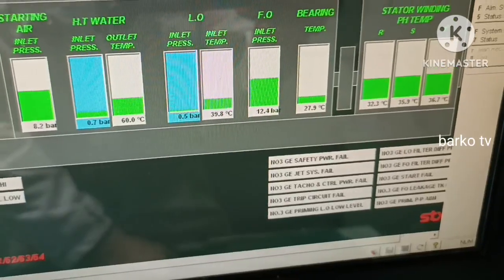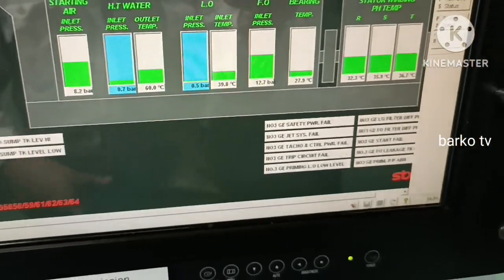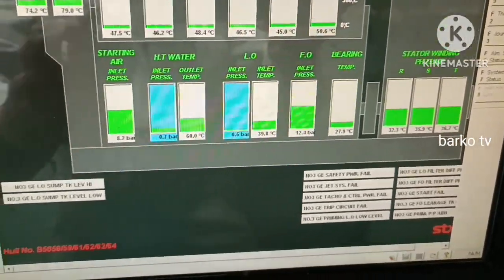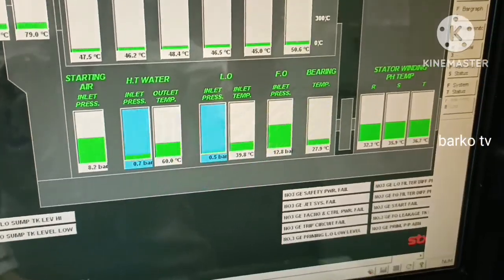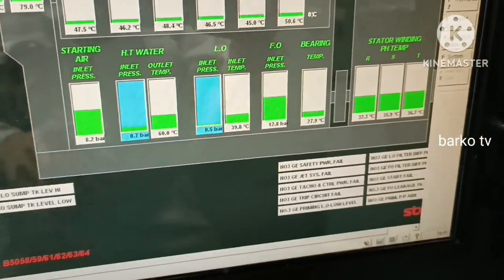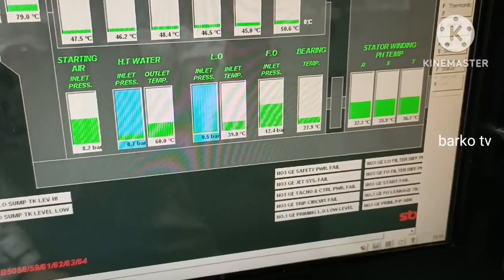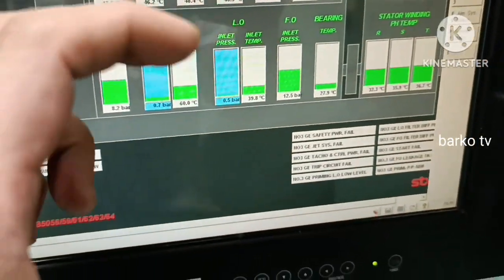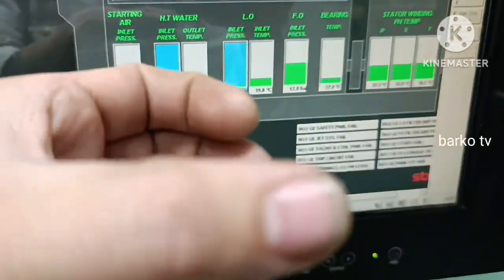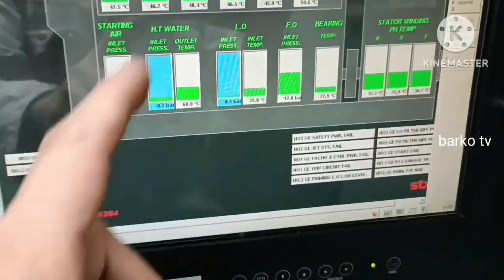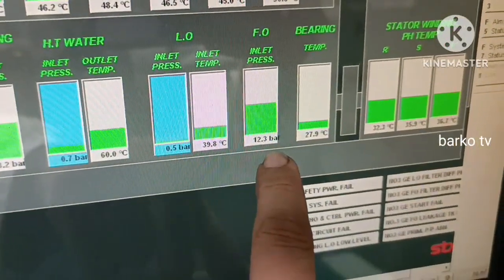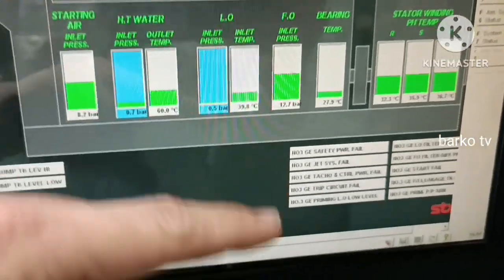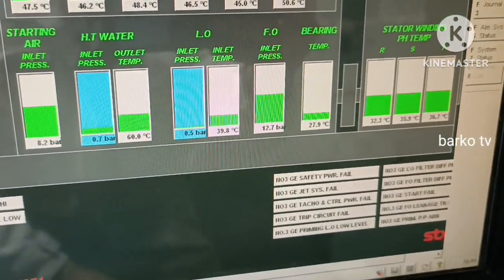Okay, because during this one I need to test with a pressure calibrator so that we can check if the signal going to our AMS is correct. At 4 milliamps it is 0, and the max is 16 bars, which is equivalent to 20 milliamps. But I need to check the actual pressure using the pressure calibrator, introduce 16 bars, which is equivalent to 20 milliamps going to this alarm system.